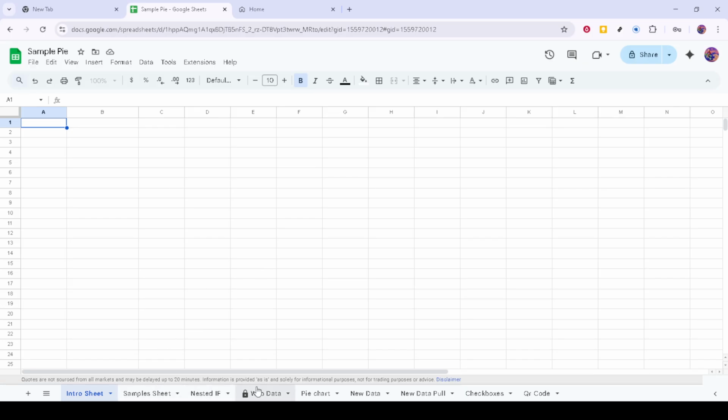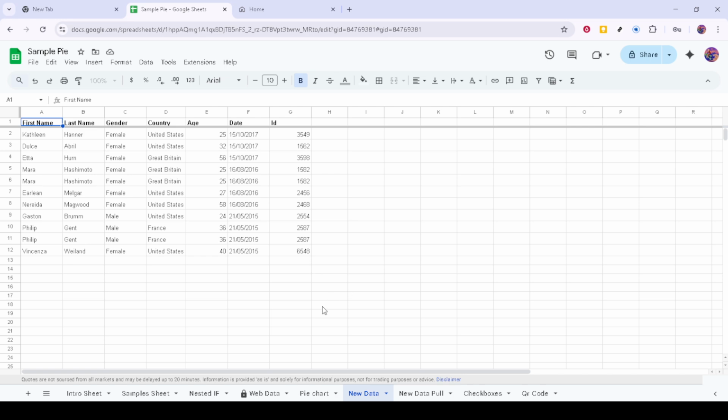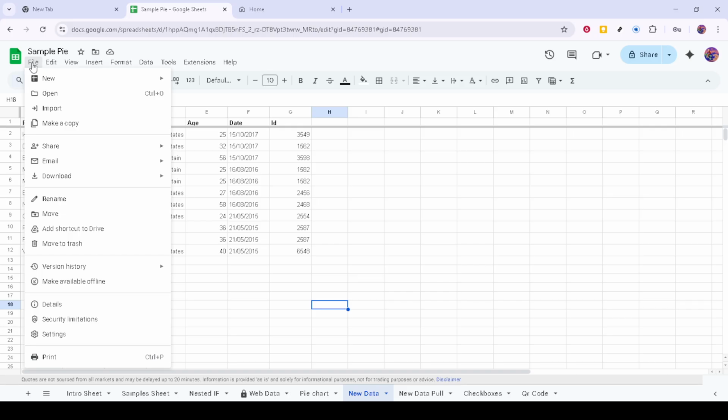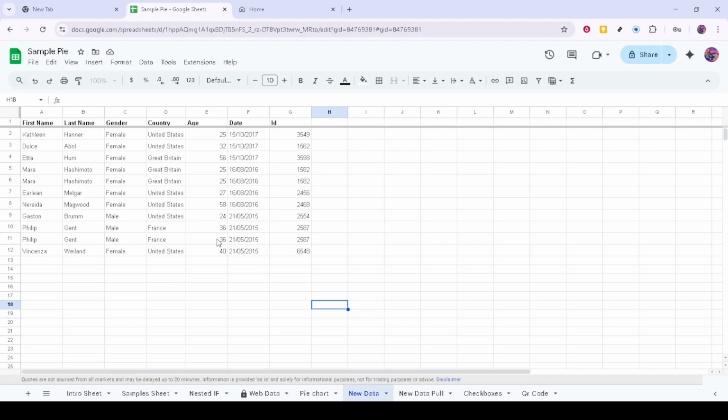Now, if you're using Google Sheets, the next step is to navigate to the File menu at the top of your screen. Once you're there, hover over Download, and a submenu will appear. You'll want to select comma-separated values, Current Sheet. This will download your entire Google Sheet as a CSV file, which is the format Notion needs for